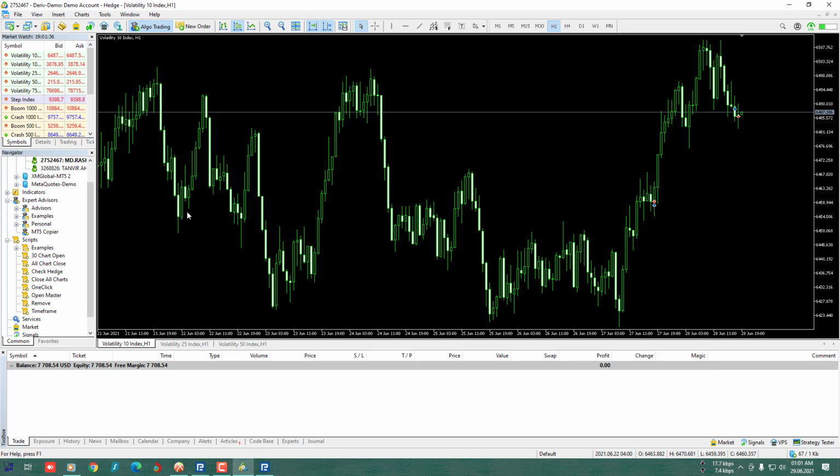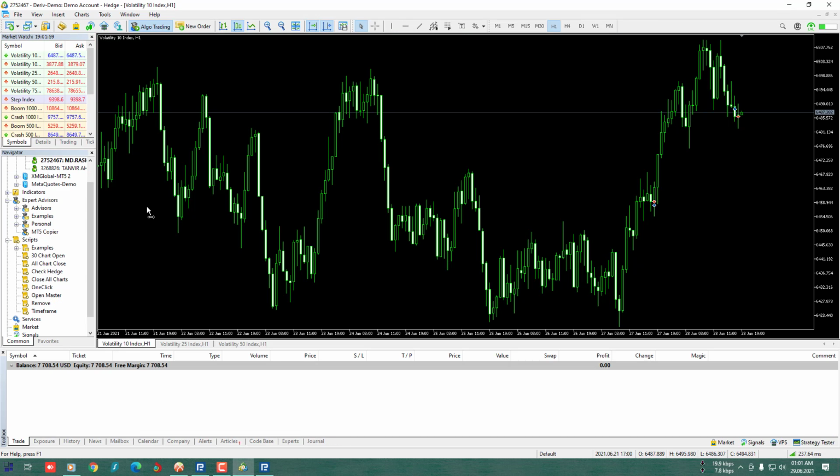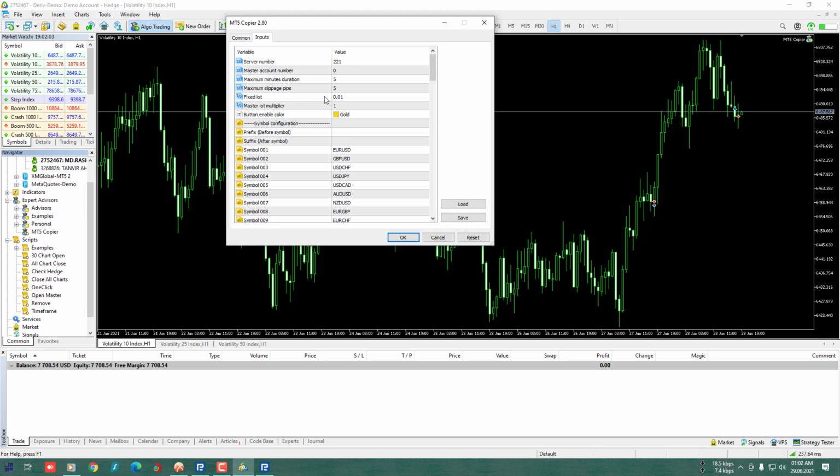Also, we know already that for every new setup in master account we need a unique server number every time. Server number 221 is already running in this master account. So let us set server number 222 in this chart.